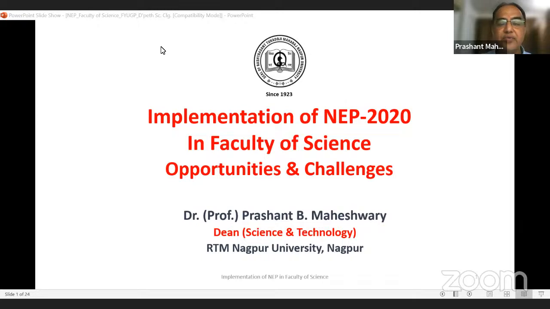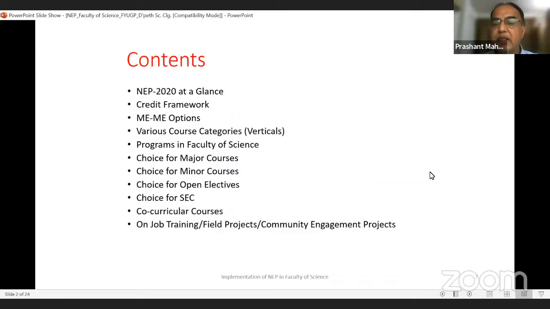There were around 250 teachers and around 25 chairmen who were involved in it. And on this occasion and in this forum, I really congratulate and extend my sincere thanks on behalf of the Rashtrasanta Tukdoji Maharaj Nagpur University that this difficult task of implementing national education policy in the Faculty of Science across 25 different programs was made very easy by the Chairman Board of Studies of the Science Faculty. So thank you to all of them, and I salute them that they have made the work of the Dean and the University very easy, and we could arrive at now the